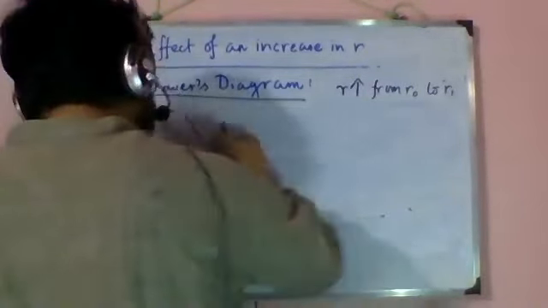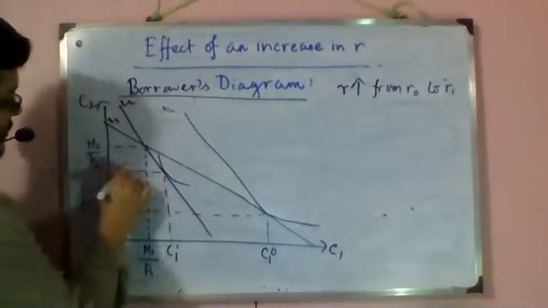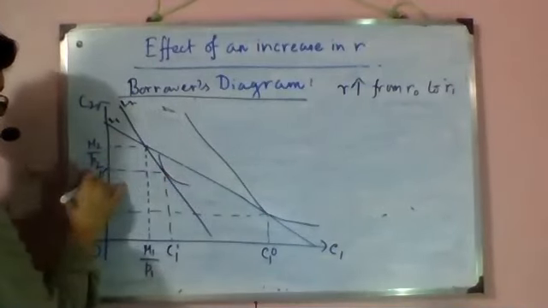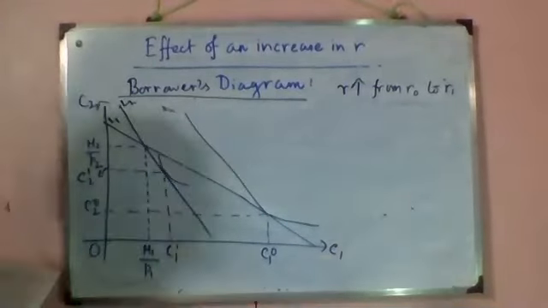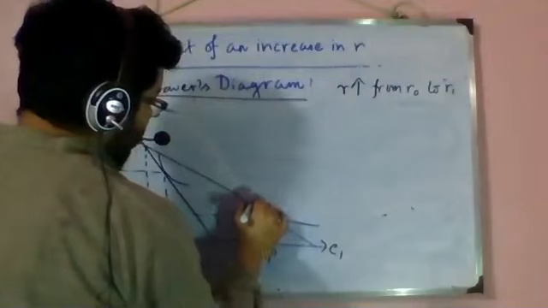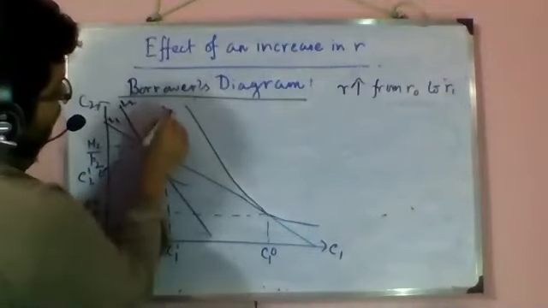Now let's check D here. Okay, so this is our D, C1 1 and C2 1. All right. So now to go for Hicksian substitution, we need a budget line which is parallel to this and tangent to this IC. Okay. Now I have to do it again because this is better.